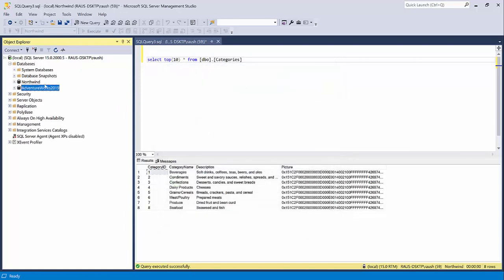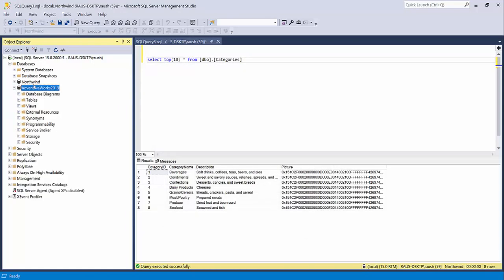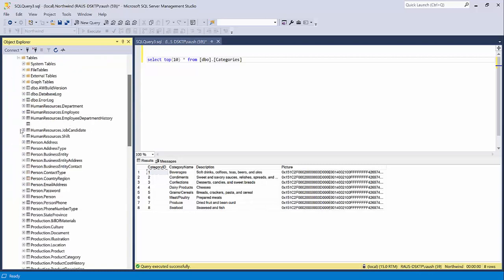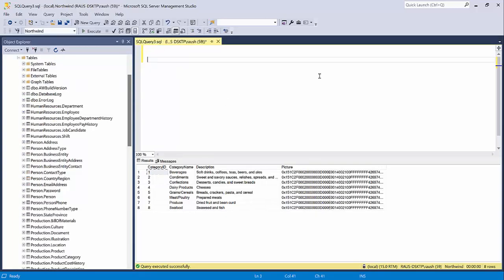yeah, within a minute it will get restored. Just expand the table node. You can see all the different tables are already there. So use AdventureWorks 2019,